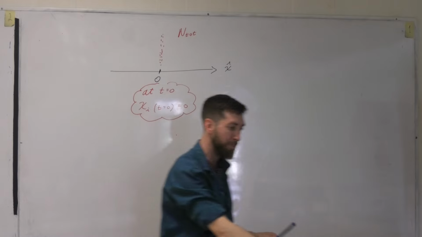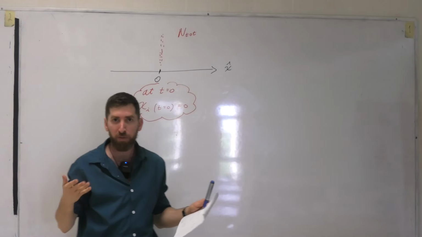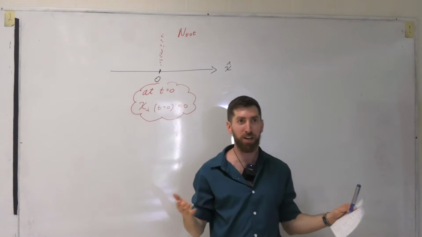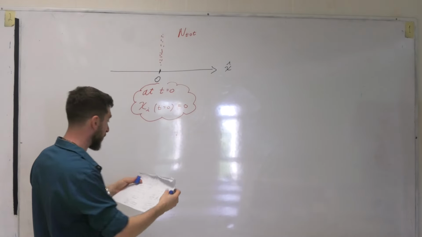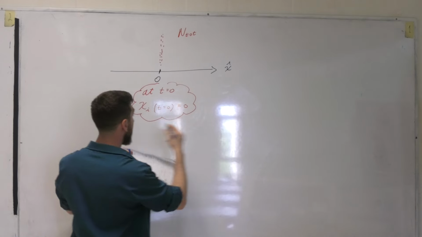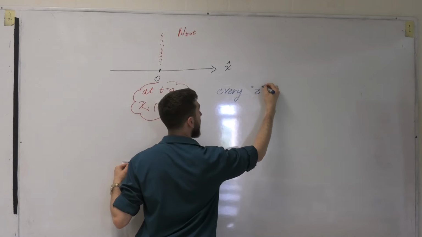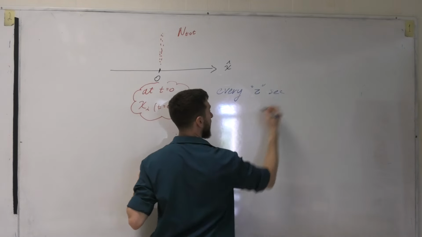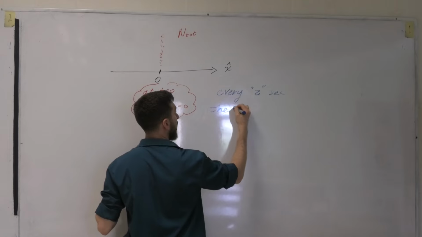So what's going to happen with time? If we look at this random motion, some of the particles decided to jump to the left, or maybe to the right. That's what happened. So let's take this assumption. I'm going to say that every tau seconds, there's going to be a jump. The particle